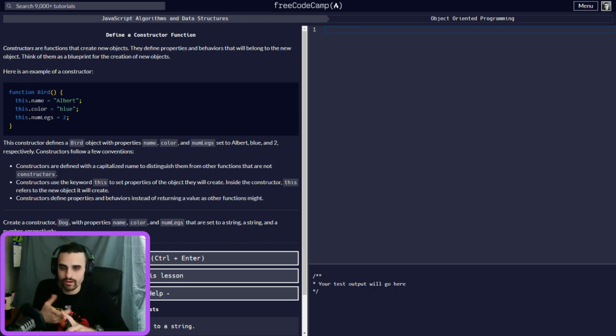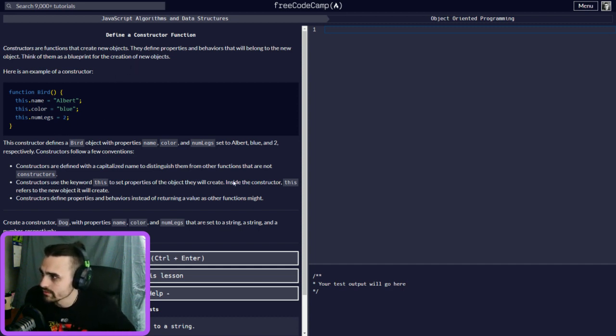It doesn't have let or const or var. It has function, and you're making the function Bird, but you're calling it as an object. That's why you have this.name, this.color, this.numLegs. So this itself is like an object that you can create over and over again.